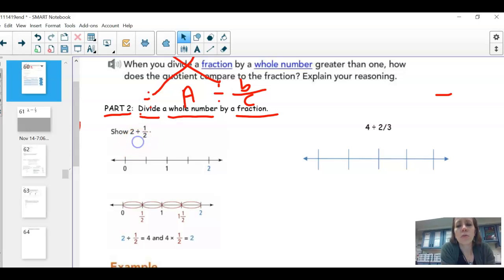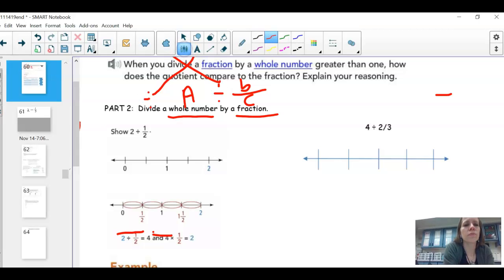Yo voy a empezar con 2. Siempre, siempre, siempre. Yo voy a empezar a la izquierda. Always, I'm going to start on the left. So I draw my number line to 2, okay? Because I'm going to start with 2. But now, I want to know how many groups, cuántos grupos de 1/2, how many groups of a half equal 2, okay? Y entonces aquí es un half, o es 1/2, y entonces 0, 1, aquí es 1/2,